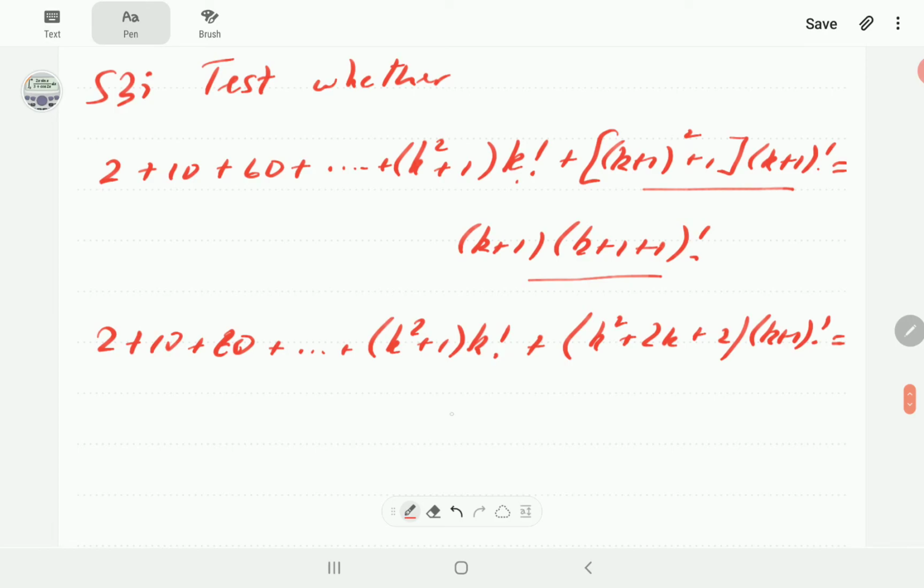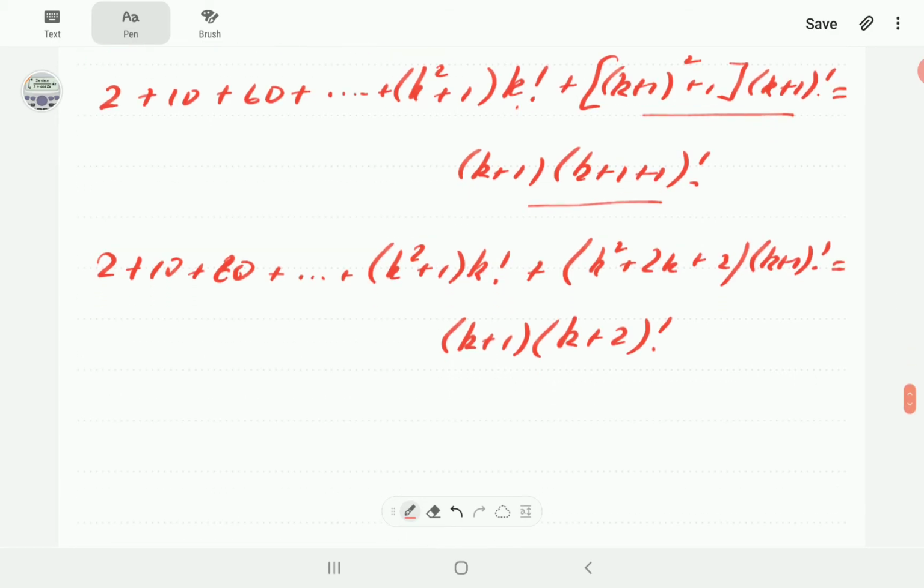And then on the right hand side, we're going to have k plus 1 into k plus 2 factorial. So I want to test whether this